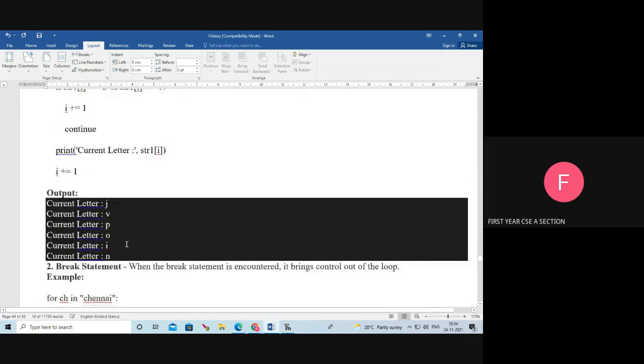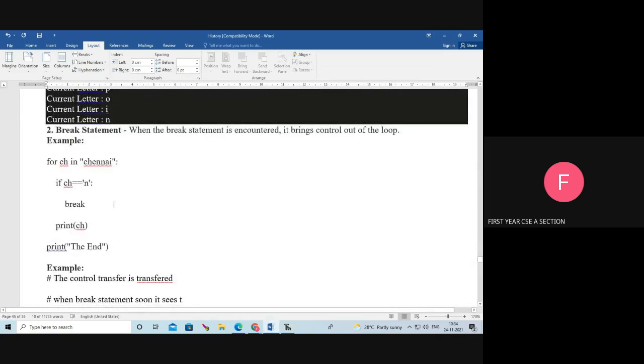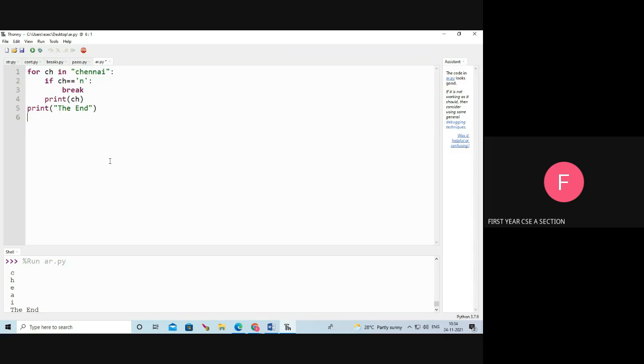Next we are going to see the break statement. Here, see, what is the break statement? It is used to come outside the loop. For example, first time ch value is c, c equal to n, condition false, so print c. Next time ch value is h, h equal to n, condition false, it prints h.